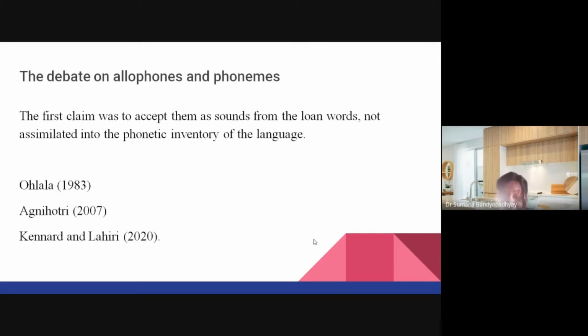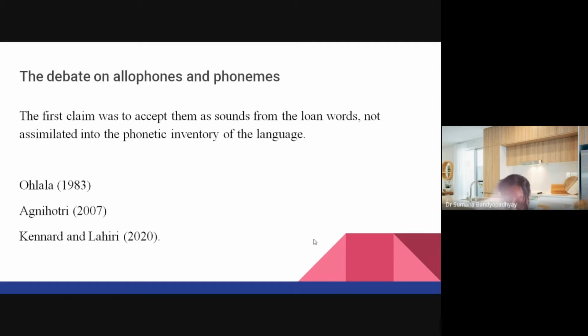And they have argued that loan words alone cannot introduce a new phoneme into a language unless there are special circumstances. And their claim is the borrowed new phonemes have emerged from allophonic alterations of the existing phonemes of the language. So for Hindi, we are faced with a situation where we have the stop sounds and the fricative sounds. Now, a fricative sound cannot be an allophonic alteration for a plosive, or a stop sound.